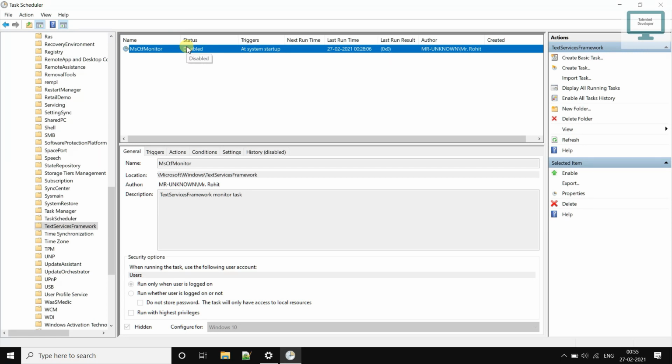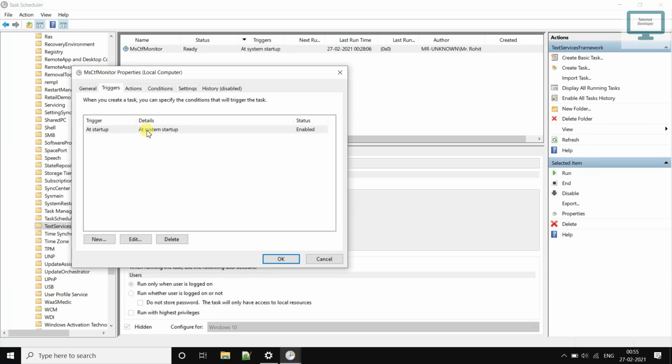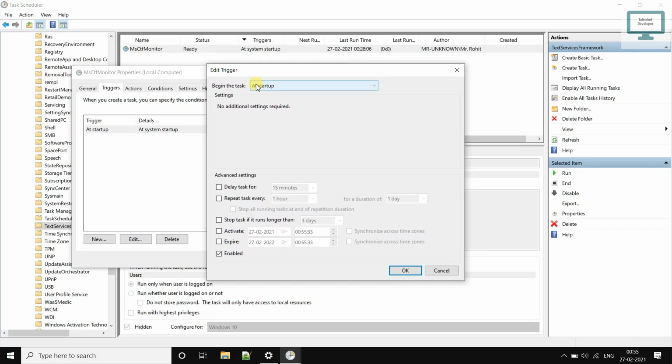So what you have to do, first of all, is enable it, and try to search here. If it's still not working, then just click here on Run. You can also notice one option here, the triggers. It will ask when you want to trigger this command. So just double click, select the trigger, and double click again. Here you can change it to at logon or at startup time, whichever you prefer.